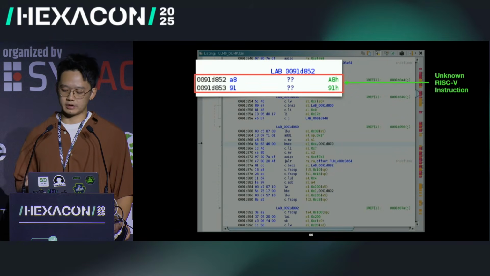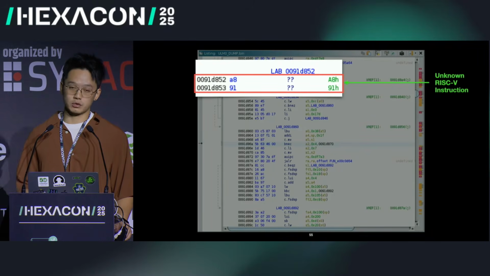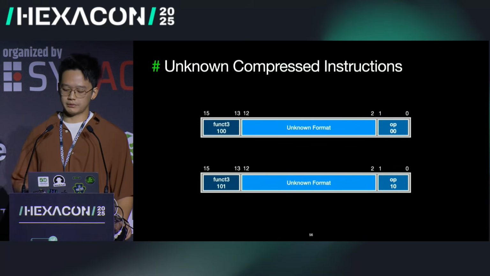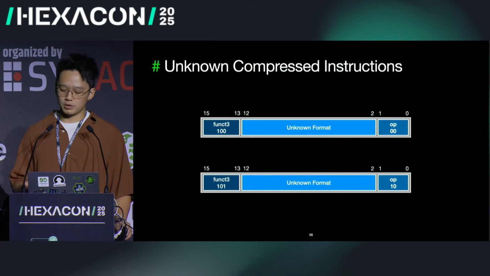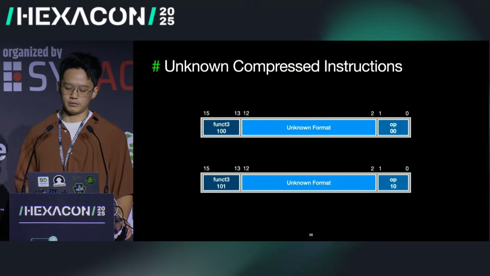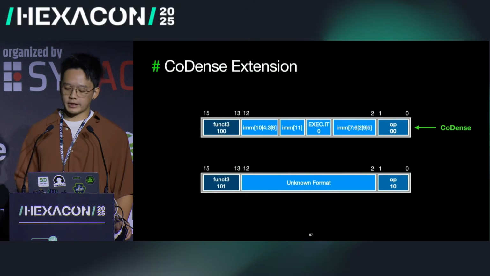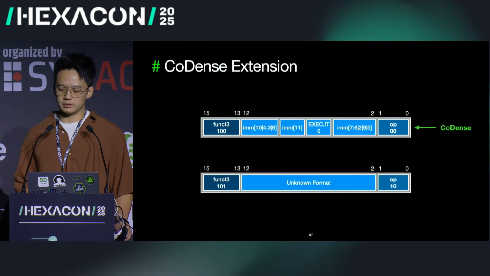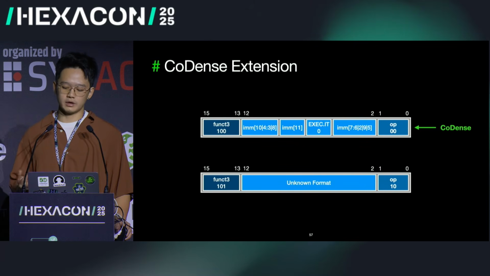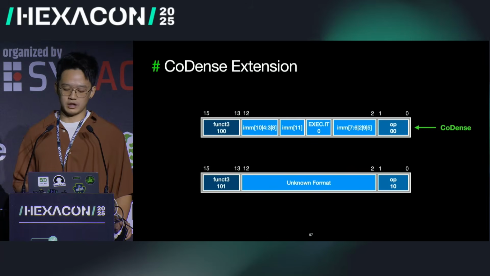However, there are still significant issues with the disassembled and decompiled output, and we still cannot perform reverse engineering properly. We observed that there are two groups of instructions that cannot be decompiled. From their partial encoding, we know that these two instructions are RISC-V compressed instructions, each using only 16 bits of encoding space. By checking Andes's manual, we found that one of the instructions belonged to Andes's extension, CoDense, and its instruction name is exec.it,